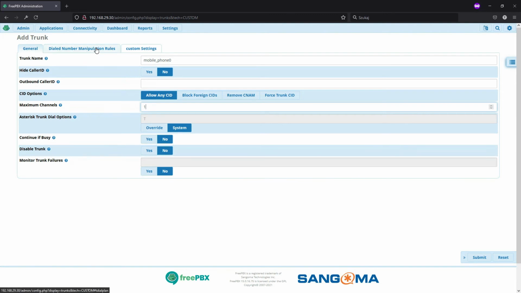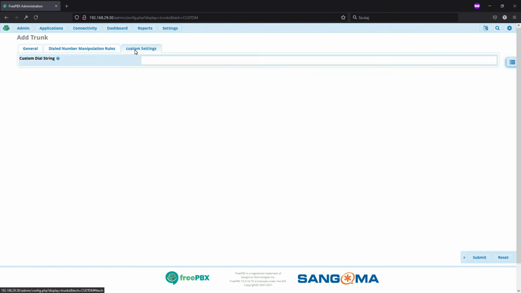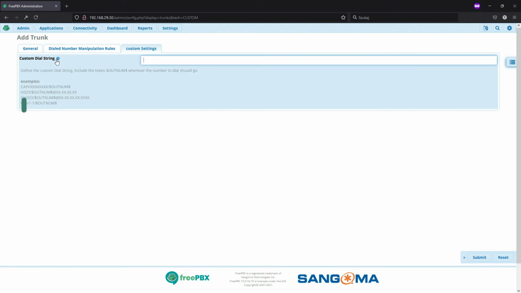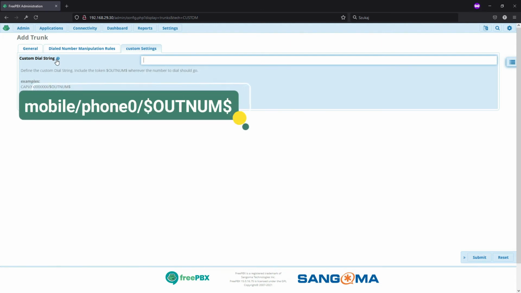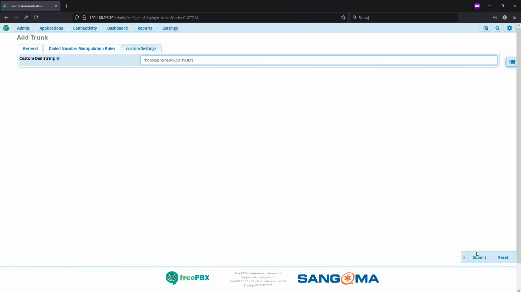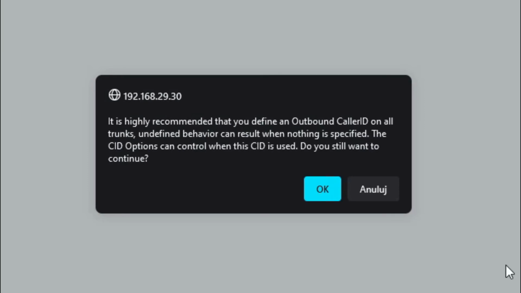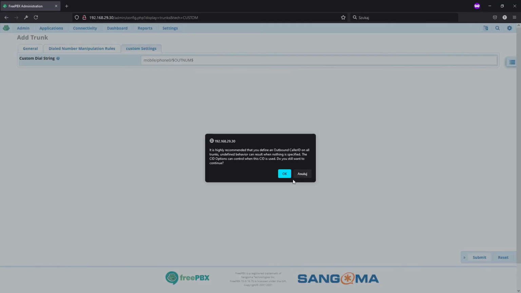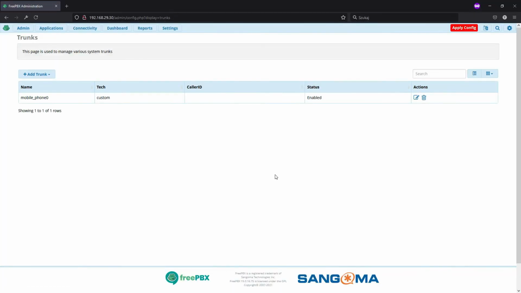We don't need any settings in the second tab. However, in the third one, custom settings, we need to set up a custom dial string, and this will look like, once again, mobile/phone0/ and between dollars OUTNUM. Then after submitting, we will see an error because we didn't set our outbound caller ID, but we don't have